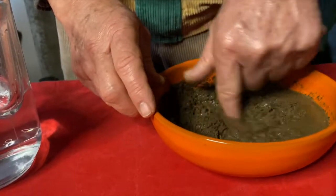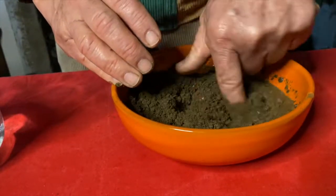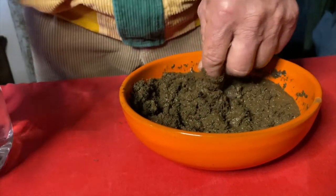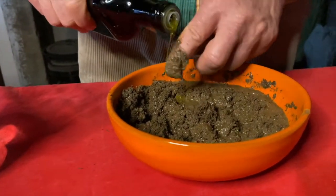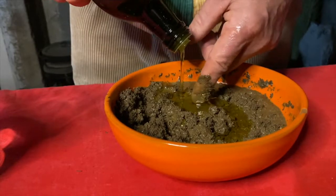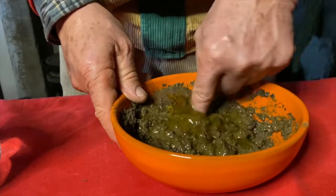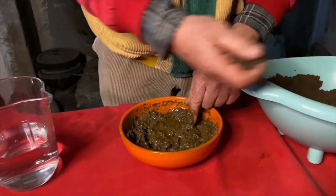Just do it with my finger so I can feel the density. A little bit more. Very good. And then I take a little bit of oil. It helps for the adhesion. Okay. I would like to make it a little bit more dense, and I think then we are